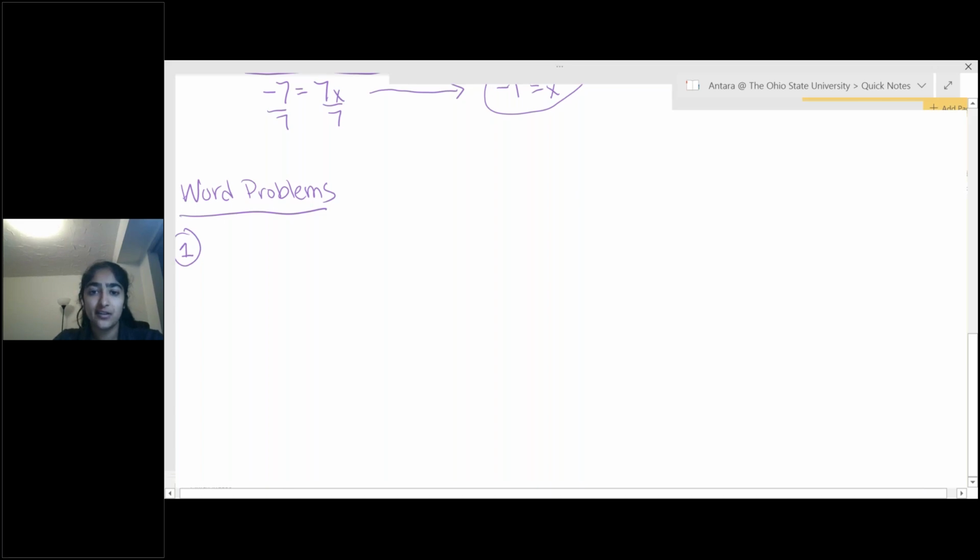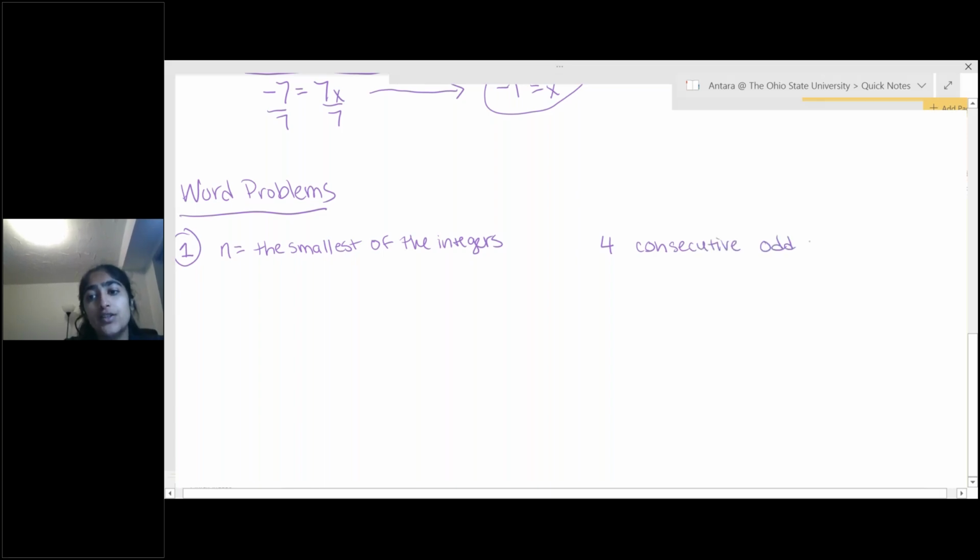So I'm going to define a variable, and I'm just going to call this variable n. And n is going to represent the smallest integer that I start out with, so the smallest of the 4 integers. And since there are 4 consecutive odd integers,